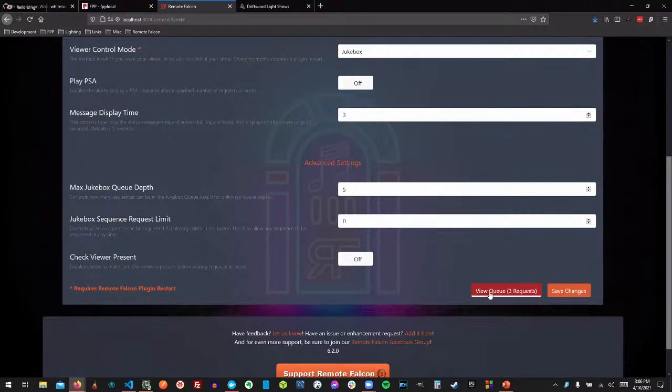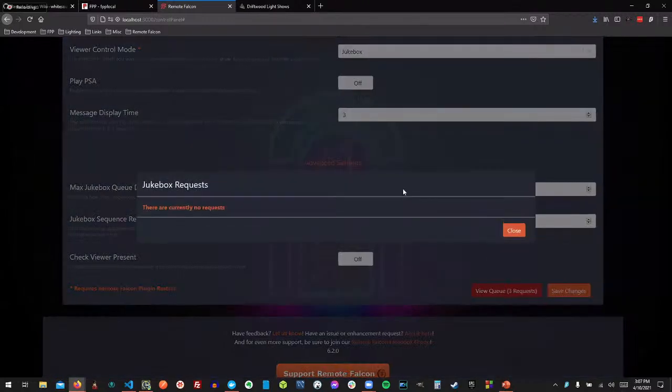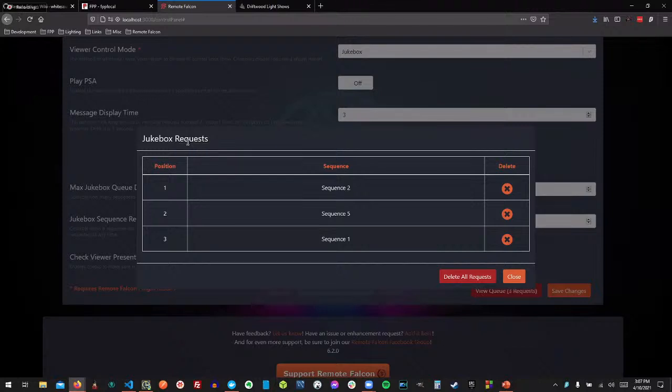So if you had requests in your queue and you just wanted to get rid of them completely, then you could click purge queue and it would remove all the requests that were placed by the viewer. So now instead of that, it actually says view queue. And what this does is it brings up all of the requests that were just made by me so that you can